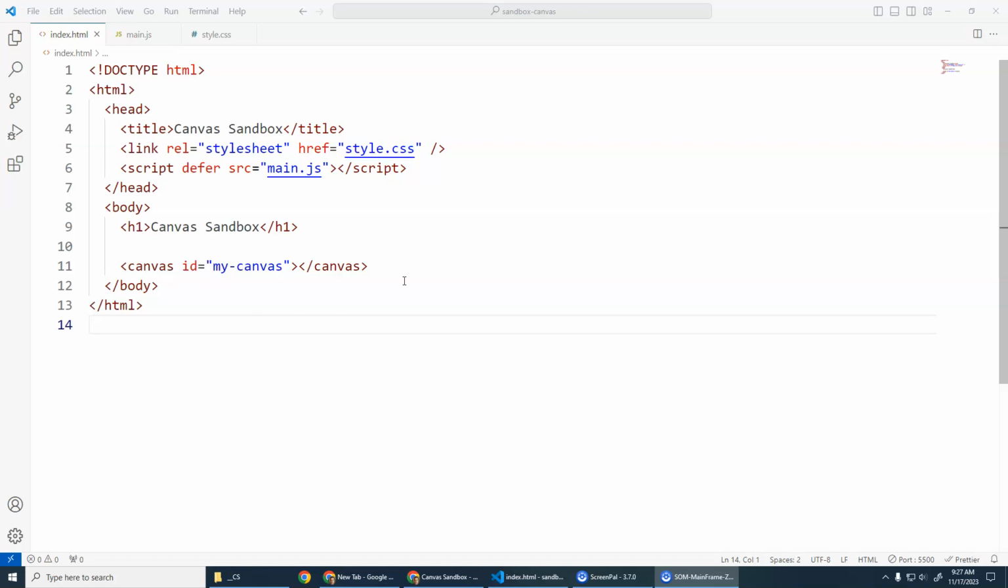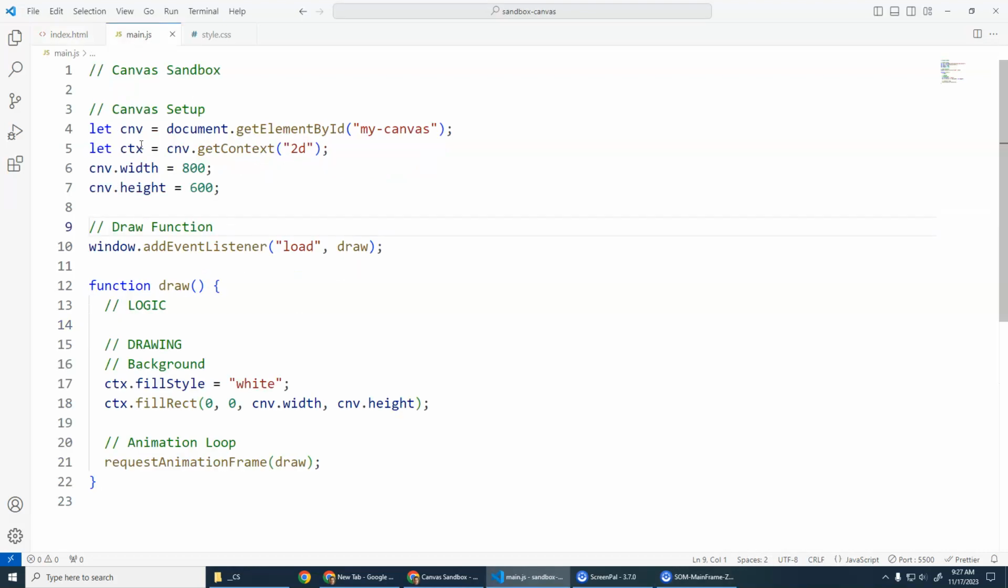Alright, in this video I'd like to do a demo of a player that's moved using key presses. I'm holding the keys down. I'm just going to use my little canvas sandbox that I can play around with here. It's just some start code, has the basic get the element in the context, set the width and height, all that stuff. And then we have our draw function that loops over and over again, right, because of this request